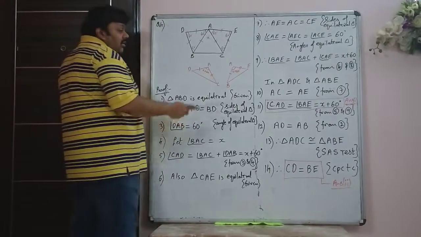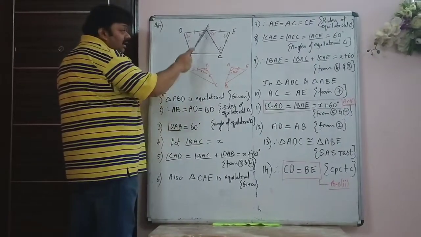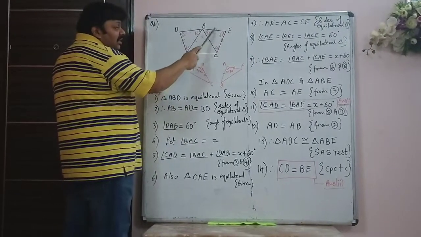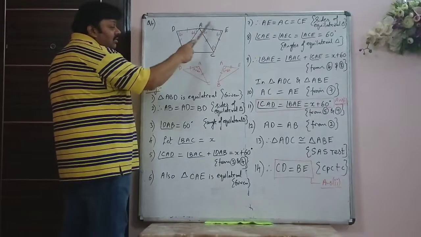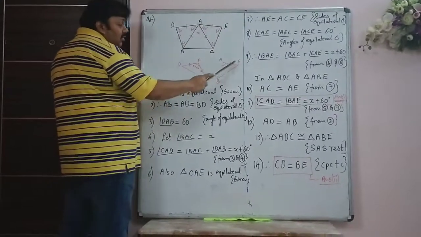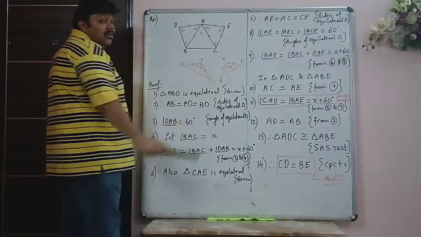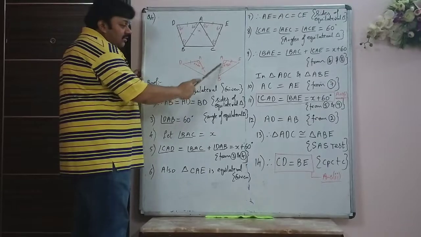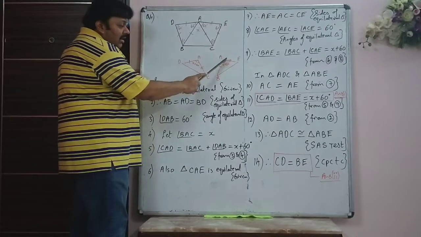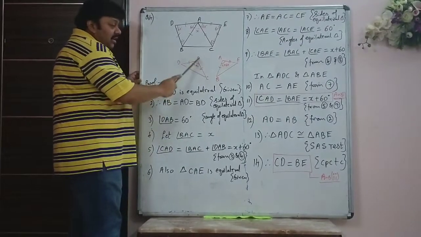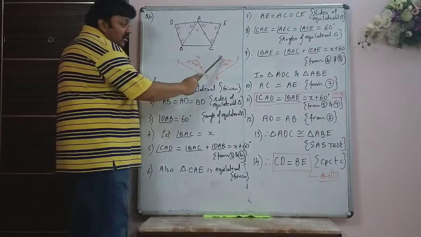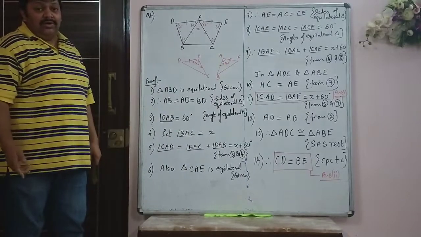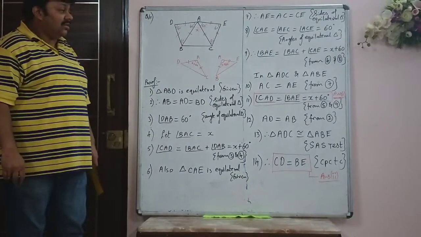In the same way, I can also see that AC and AE are marked with double lengths. They are sides of the equilateral triangle AEC. So AC is equal to AE. So now when you look at it, side with side, angle X plus 60 each, and AC one more side with AE side. So the two triangles are congruent by SAS test.